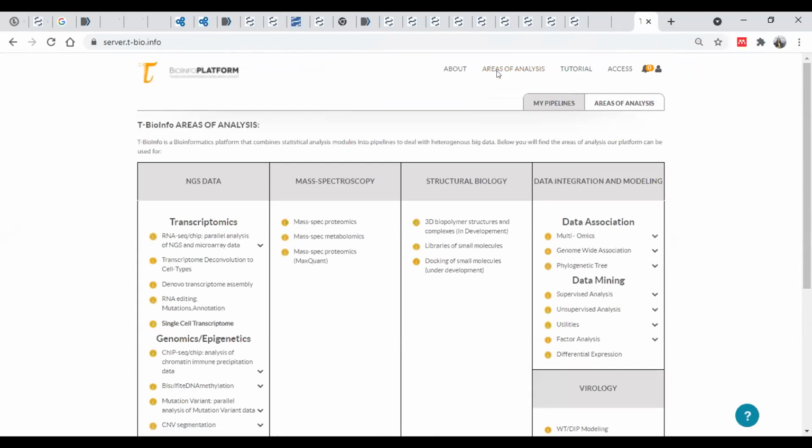So now let me take you again to the server. How can we perform differential gene expression analysis? You can do that in R as well. If you already have normalized data that follows a normal distribution, you can apply Welch or Wilcoxon t-test depending upon whether they are paired or unpaired samples. Or, if your data is not normalized, if you have non-normal data like read count values, then you can apply differential gene expression analysis using DESeq or edgeR. Here under data mining, you will also find this option.